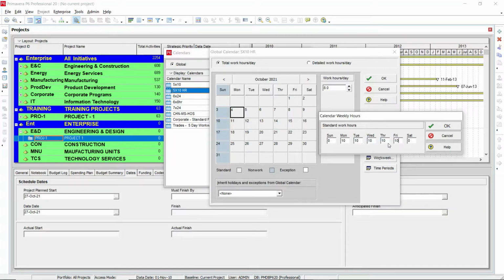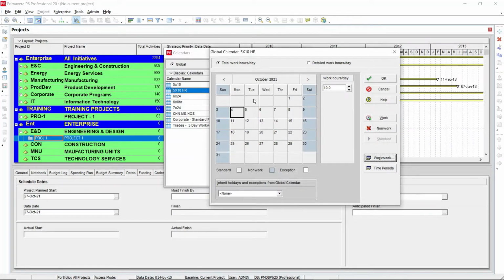So you have made the change here already. So then click OK. After you click OK, whichever date you select, you can see it is changed already to 10 hours. In any month or any year, wherever you want to look, you can also see Saturday and Sunday are non-working hours. This is how we are going to